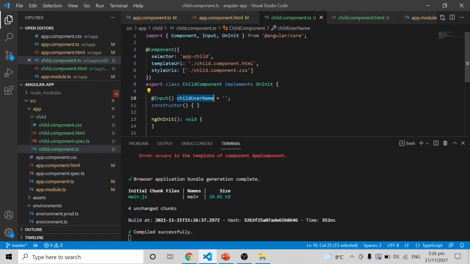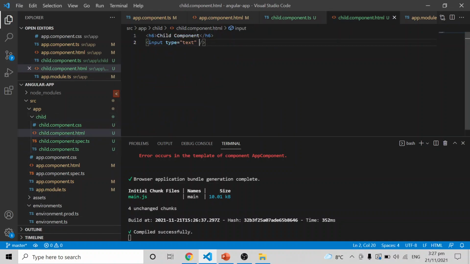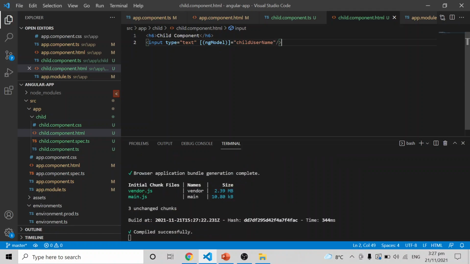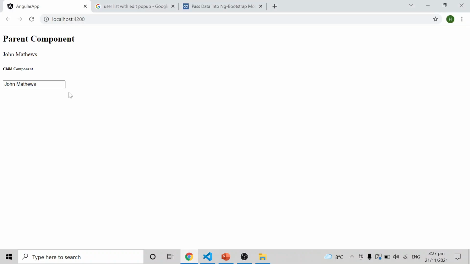If you want childUsername anywhere in the child component, for example in the HTML, I am planning to use it as a variable with ngModel. Save it. You can see that from parent to child I got the value.